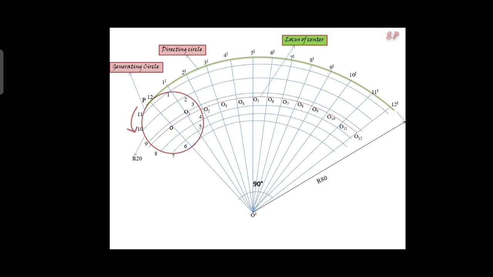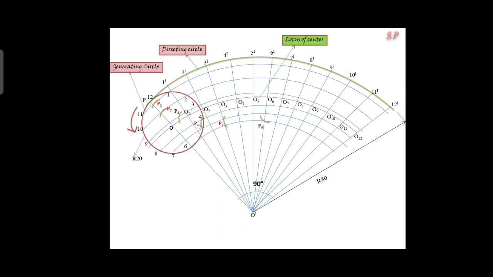After drawing these locus arcs, O1 is the center and 20 mm is the radius. You draw the arc on the first point locus line. That intersecting point is P1. Next, O2 is the center. You draw the arc on the second point locus line. That point is P2. Next, O3 as center, we intersect the arc on the third point locus, that is P3. And in the similar way you locate the remaining points also.